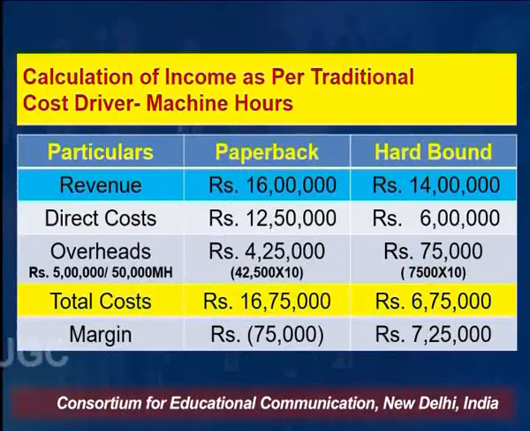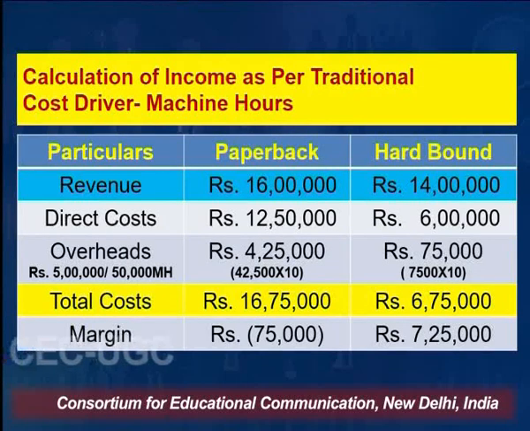And if you look at the revenue of this variant of product, it comes to be 16 lakh. So it means your margin is in negative. The publisher must have calculated it like this, and then they reached a margin of rupees 75,000 negative. Rather, I would say it is a loss. Whereas for hardbound, when we do the calculation, it is fetching us a profit of